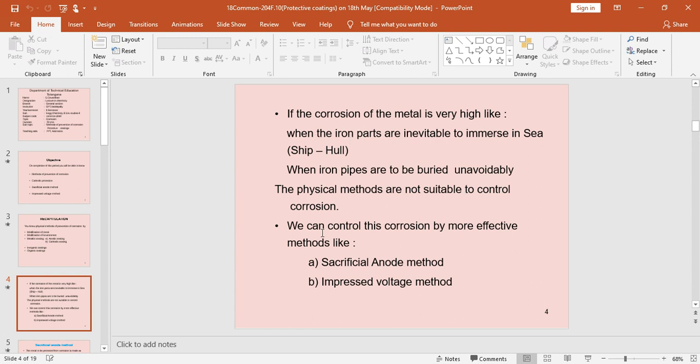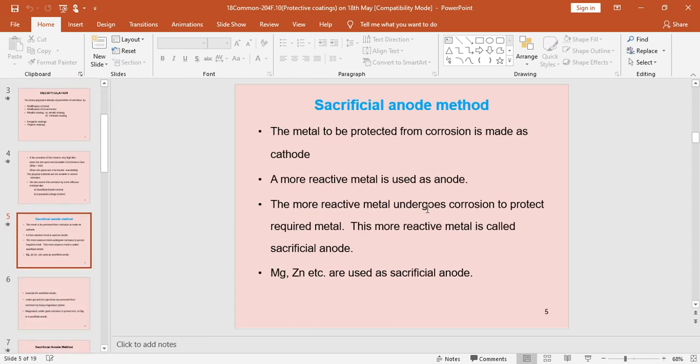Okay, now these two methods are examples of cathodic protection. So in cathodic protection, what's happening? The metal just